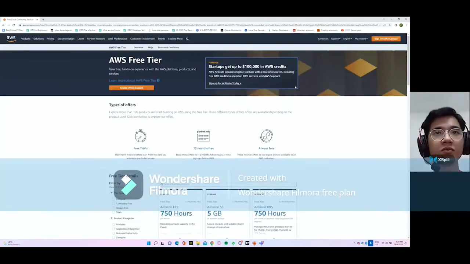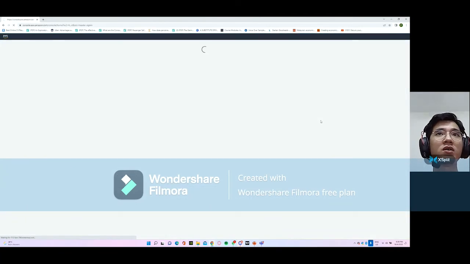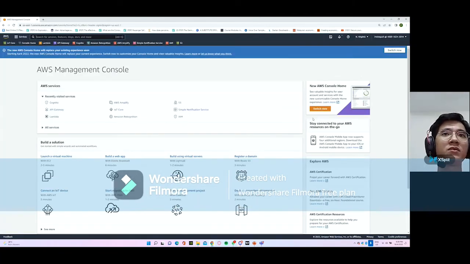Okay, now we proceed to the demo part of this presentation, which is the AWS console platform setup for our services. First, we go to the AWS console main page. We click sign into the console. I'm already signed into the console, so you can see here all the recently visited services. But today I will be doing the demo for Cognito and API Gateway. So we will start with Cognito first.